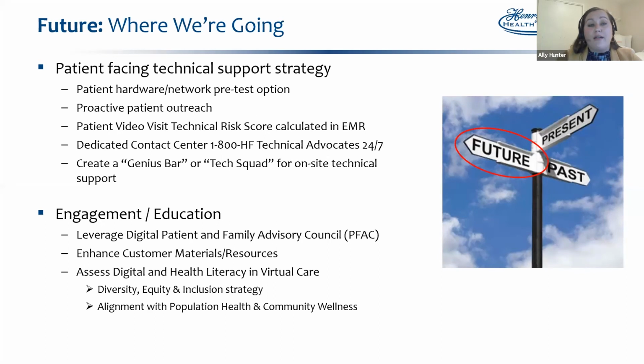We are currently working on hiring our dedicated technical advocate that would then be 24/7. And we're also starting to have conversations again about creating a genius bar or a tech squad type of environment for on-site technical support. In terms of education and engagement, we continue to leverage our patient-facing advisory council. Getting the voice of the patient is critical to ensure that we're not missing or making decisions in a vacuum. And that allows us to enhance those customer education materials and resources, as well as continuing to assess